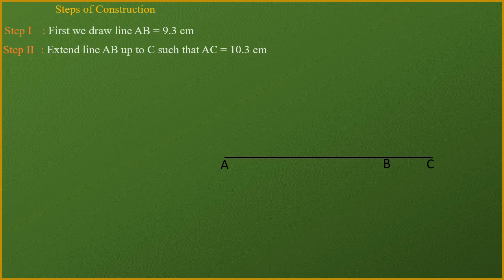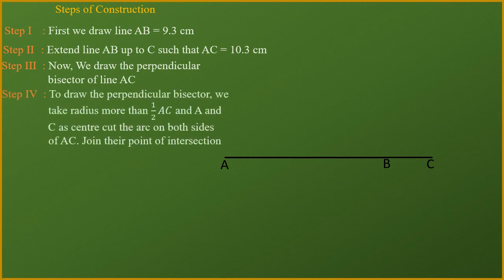Okay. Now after making point C, we will draw the perpendicular bisector of line AC. I think you know the perpendicular bisector of AC. If you don't know, let's see once how we can draw it. First of all, to draw the perpendicular bisector of AC, I will keep my compass at the point A and measure a radius more than half of AC. Means AC half, wherever it is coming, you can see it approximately. AC's half is coming till here, then you take more than half.